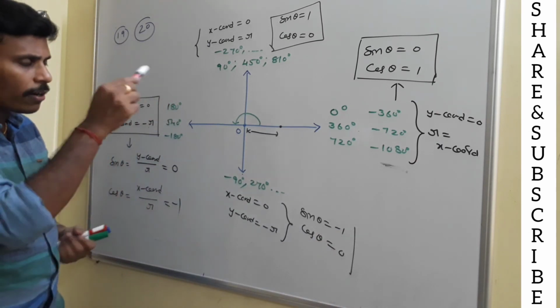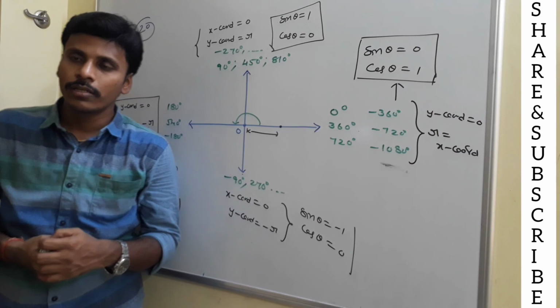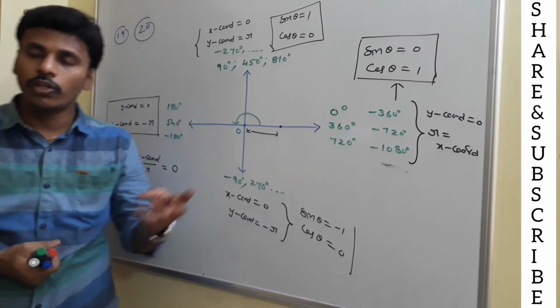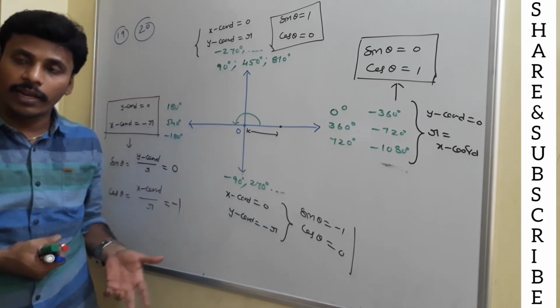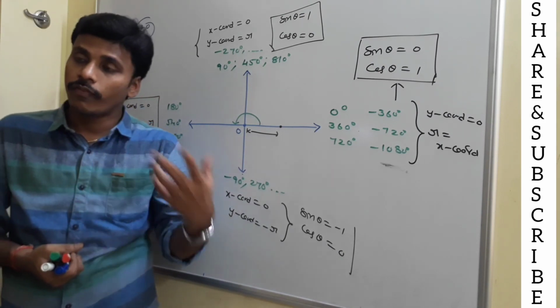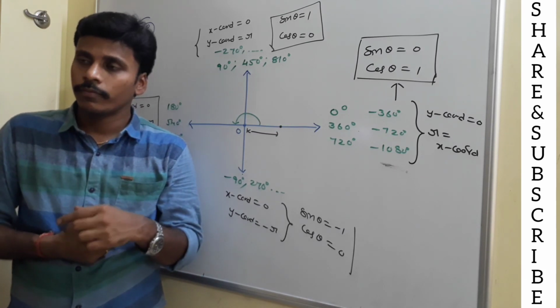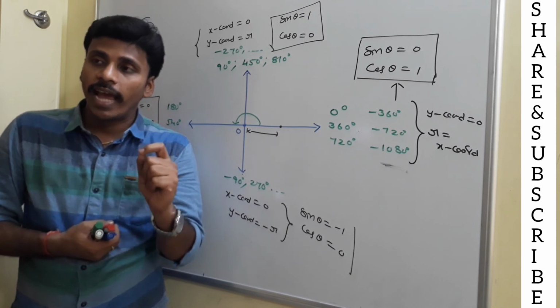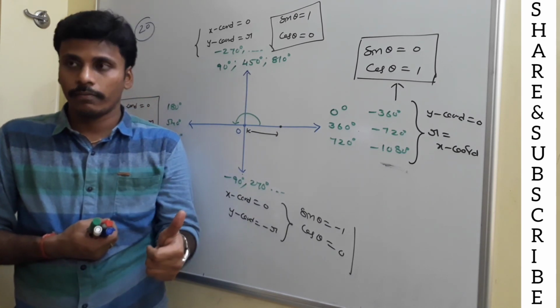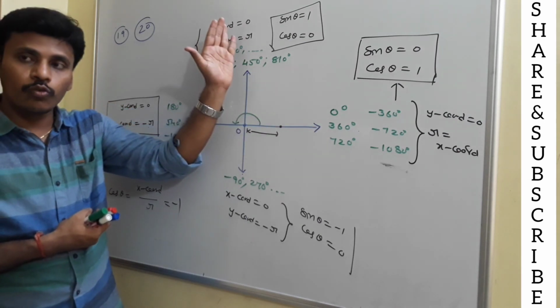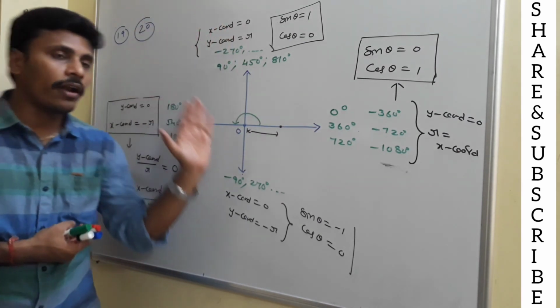Right? With this total picture, what I am going to tell you is, no need to memorize sin 0, sin 360, sin 720, cos 0, cos 360, cos 720, sin of 180, sin of 360, cos of 270, cos of 90. No need to memorize all these angles. You need to identify one thing. Related to the given angle, first identify the terminal ray. What is the terminal ray? Either it is positive x or positive y, or negative x or negative y.